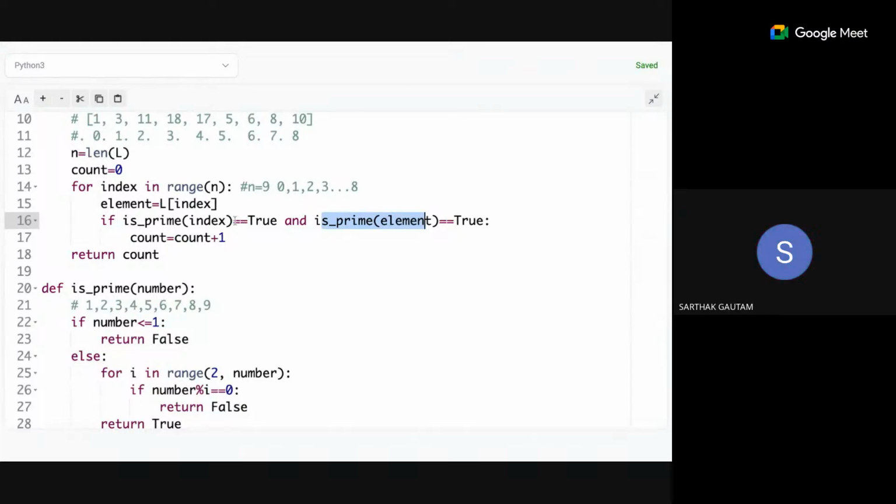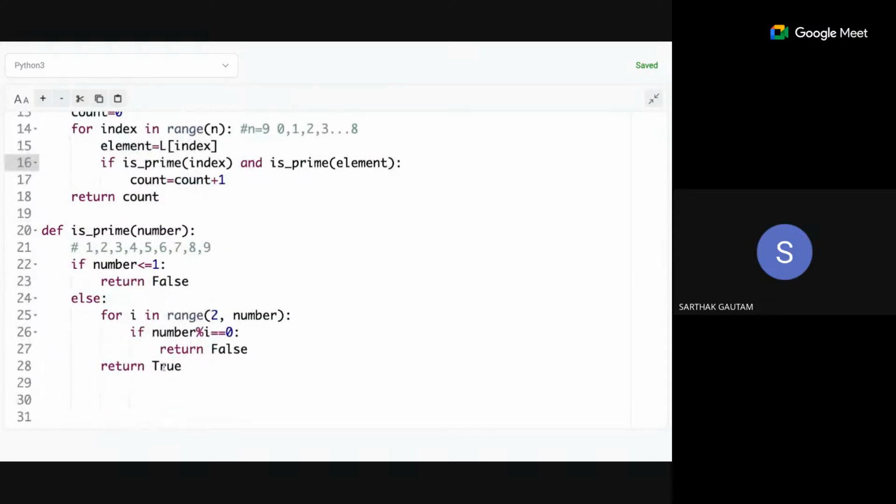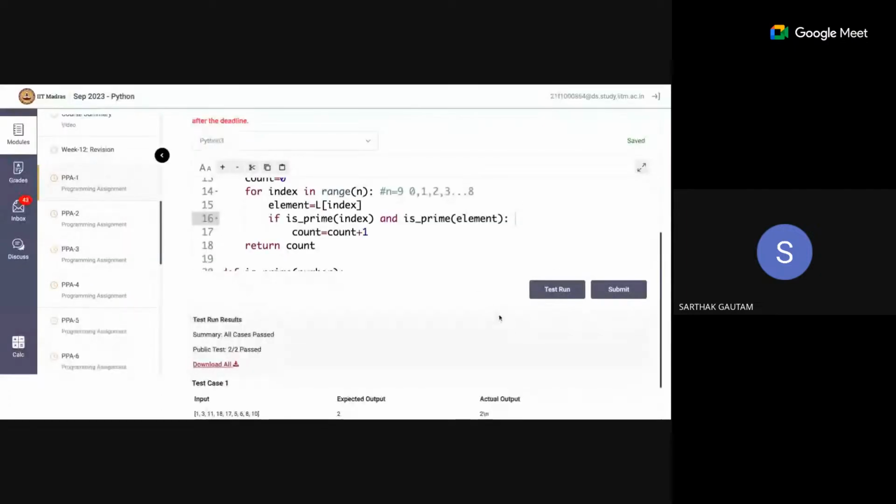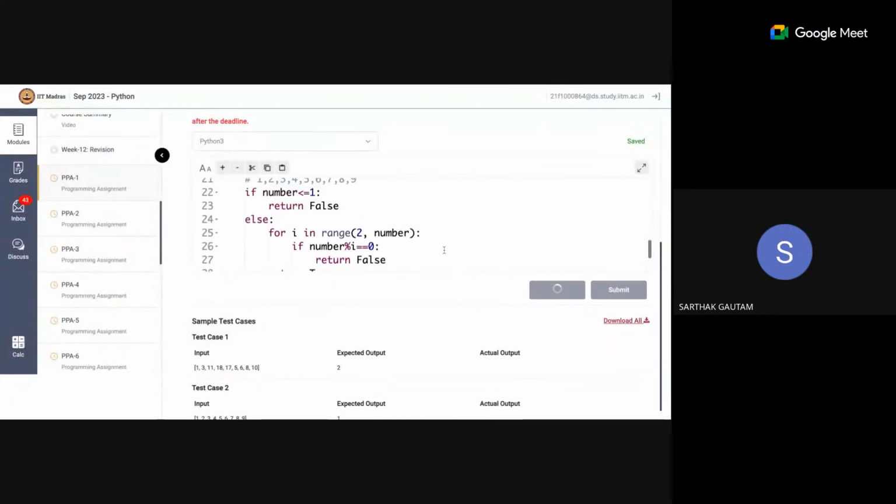Sir, is true required here or not? Yeah, coming to that, even if we remove the true, it will work because our function returns true or false. So after returning the function's value, this will be something like if true and true, right? So this will work. By and large this will be if true, and it will say, yeah, the condition has matched to true, I'll go to this condition. So this is the thing that we can do. So if I test this code again,